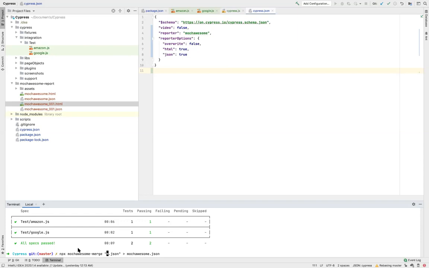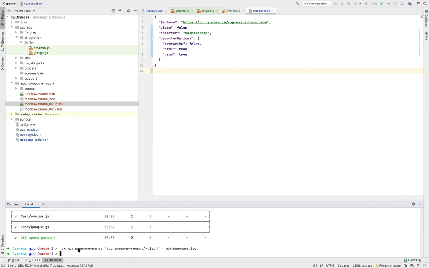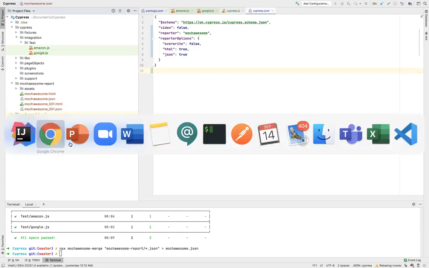So instead of this, I will give mochawesome-report/*.json. So it has created this file, mochawesome.json.